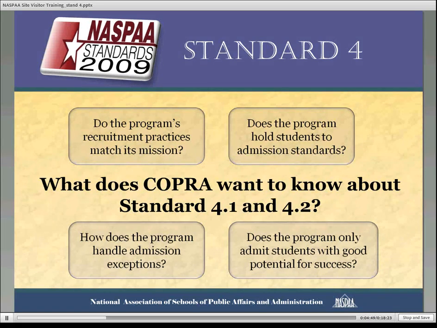If they say they have a minimum GPA, or they say they have a minimum score on a standardized test, or they say they require 3 letters of recommendation, for example, you could pull a sample of the files of students who were admitted and see, do they in fact meet those criteria? Were they using their own standards? And if they have some exceptions to those, is there some documentation in the student's file explaining why that was done? And does it seem to mesh with